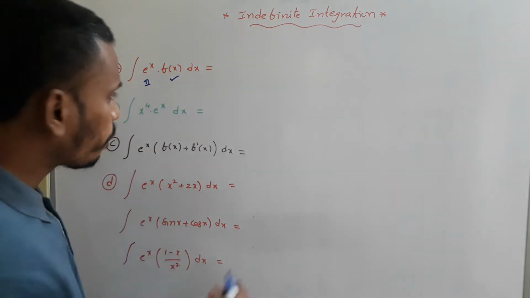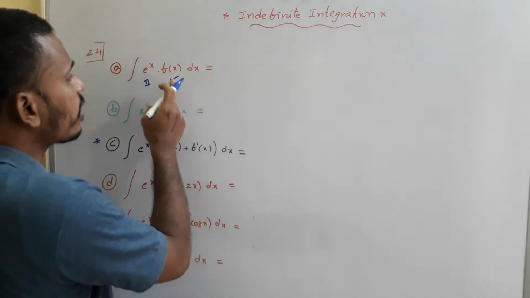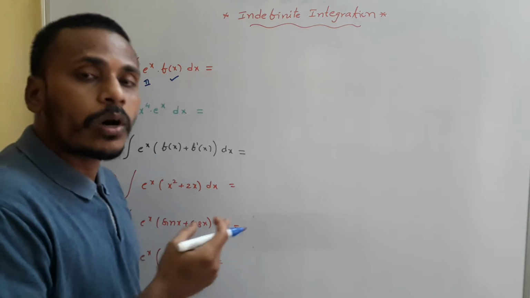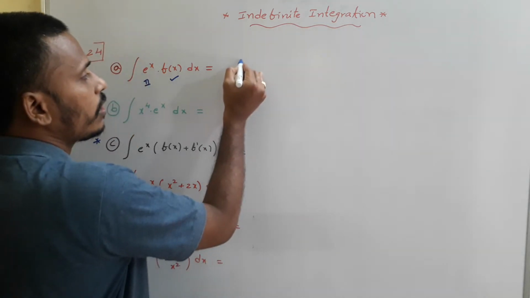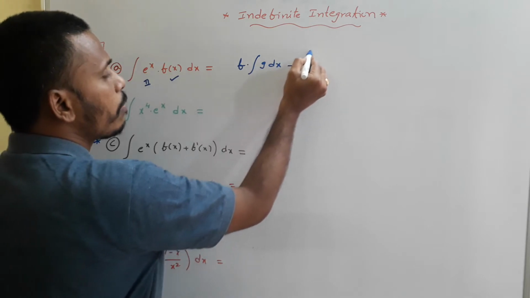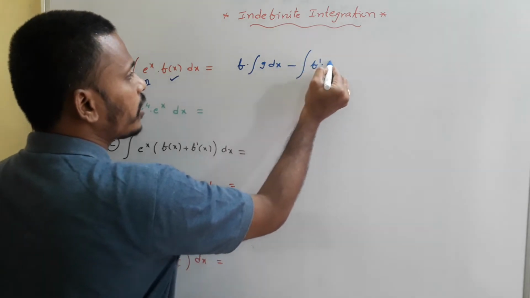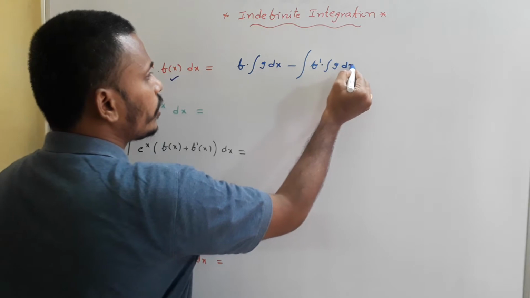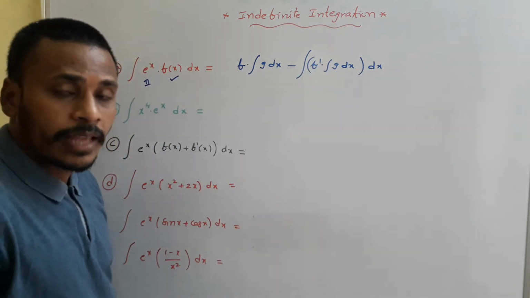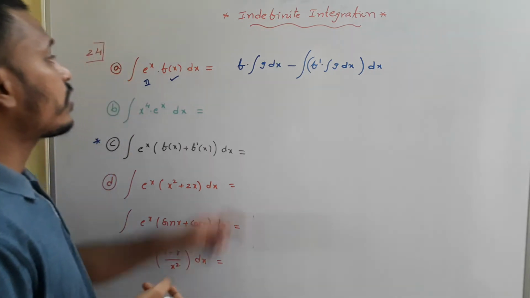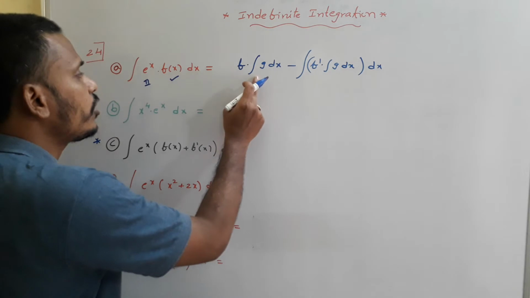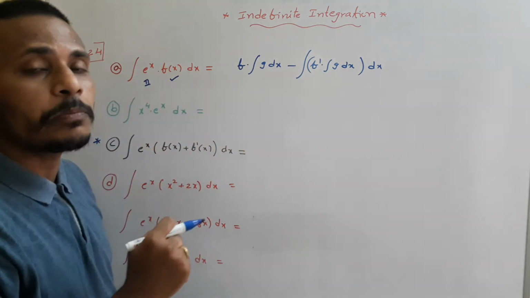Usually if the functions are f(x) and g(x), first function and second function, then integration by parts gives: f times integral of g dx, minus integral of f' times integral of g dx, and whole dx. Is it right? As we discussed. Now f(x) is f(x) itself, but what is g? g is the second function, e^x.